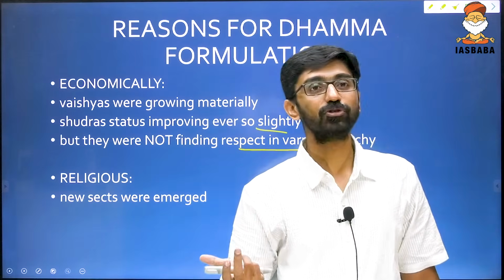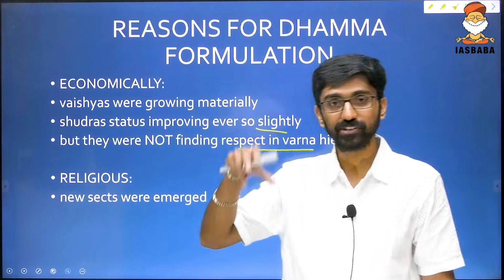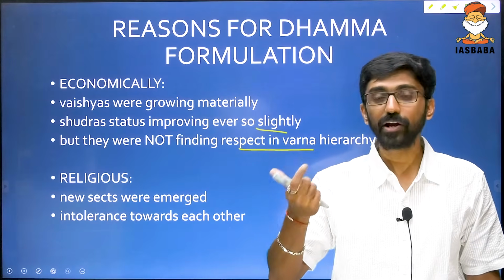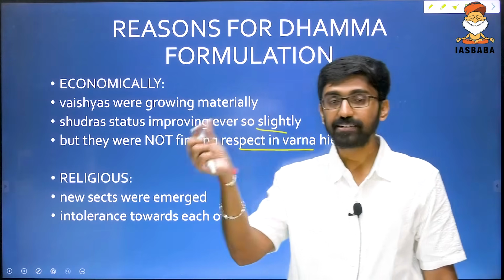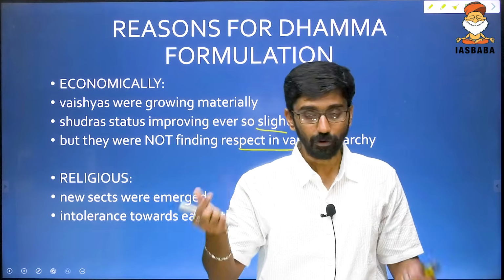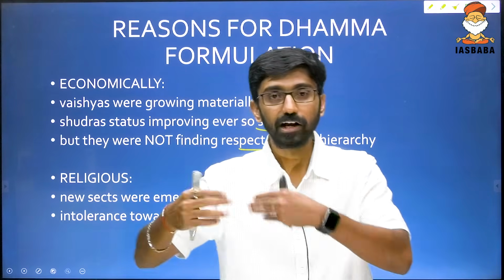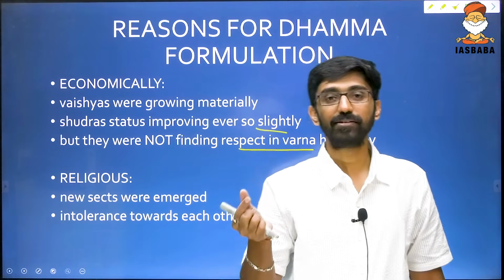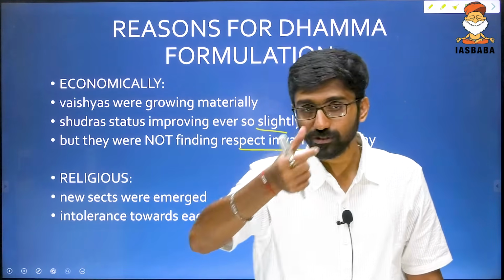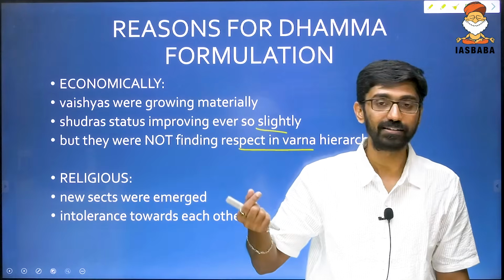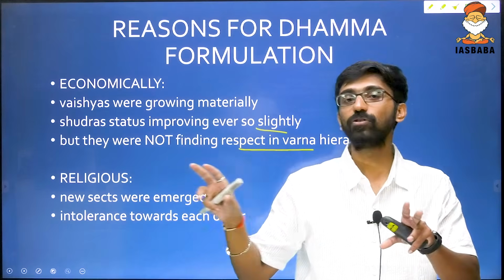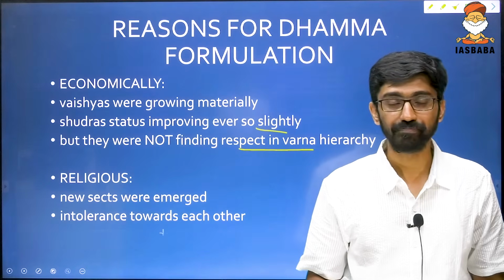New sects emerged during this point of time, and those new sects are Buddhism, Jainism, Ajivika, Charvaka, as I just mentioned. Now, because of these new ideologies, one ideology criticized another ideology, and of course, initially we can call them ideologies, which went on to become new religions, particularly Buddhism and Jainism. Now there was intolerance towards one another. Look at the entire social status, the entire economic status, the entire religious status of that particular point of time. The society was not so harmonious during that point of time.